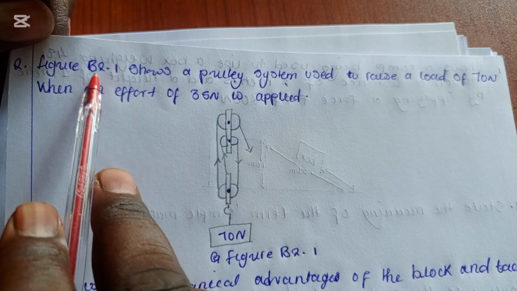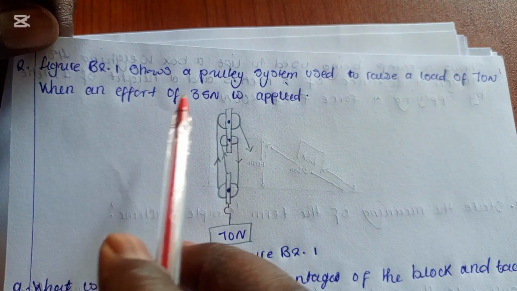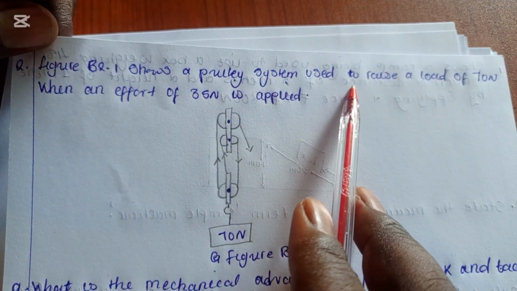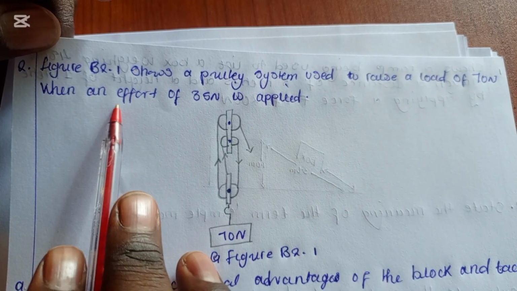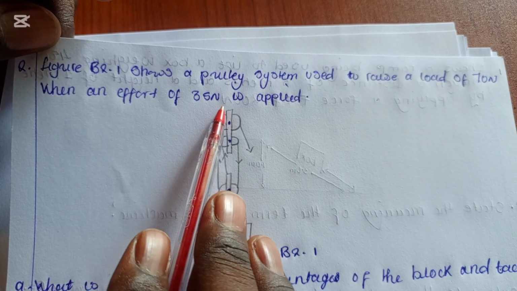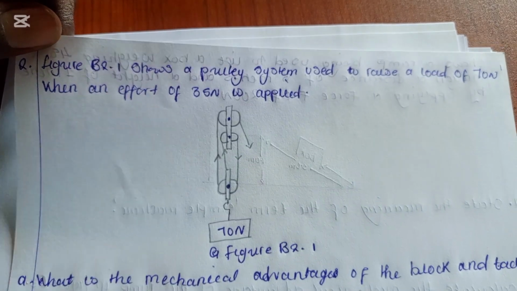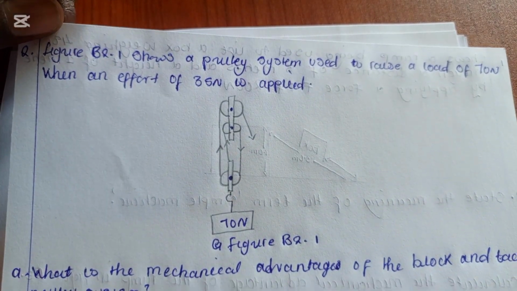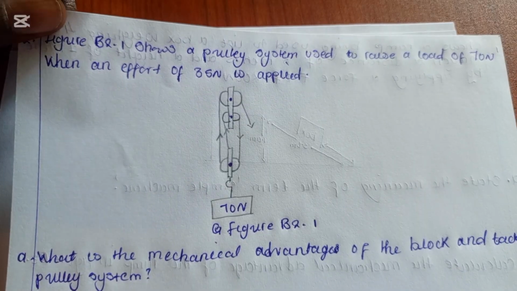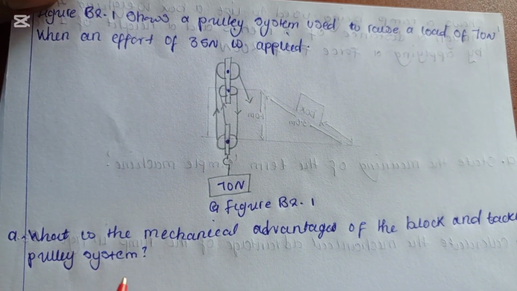The figure 2.21 shows a pulley system used to raise a load of 70 newtons when an effort of 35 newtons is used or applied. Okay, so as you can see from the diagram here. So now I'll go to the first question, which is question A. Question A reads,